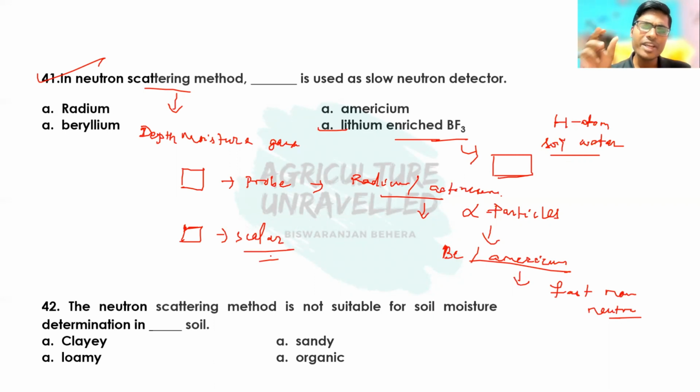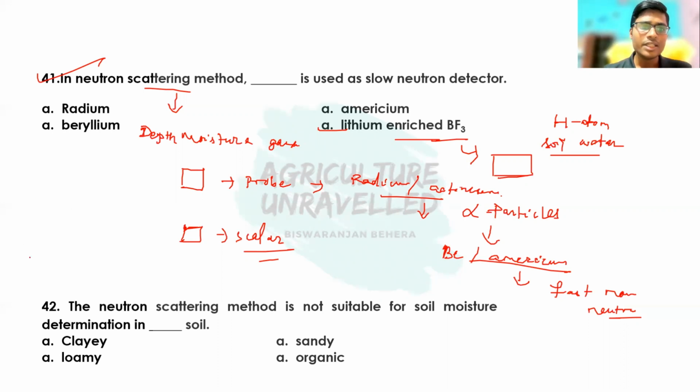Okay, and the quantity or amount of slow moving neutrons is calibrated with the soil moisture content, because it is related to soil moisture content. If the soil moisture content is higher, then the number of slow moving neutrons is higher. If soil moisture content is lower, then the number of slow moving neutrons is lesser. So in this way, indirectly, soil moisture content can be estimated from the number of slow moving neutrons. So this method is an indirect method of soil moisture estimation.